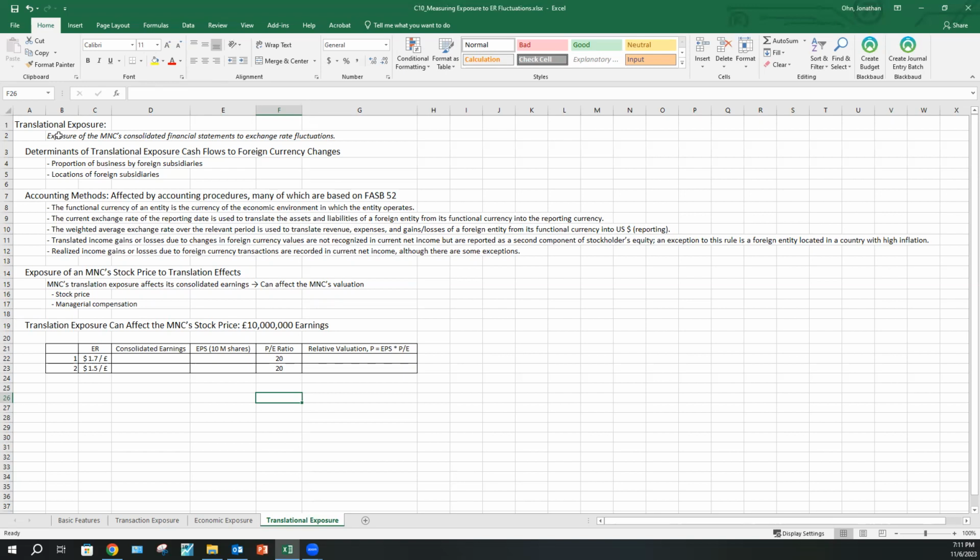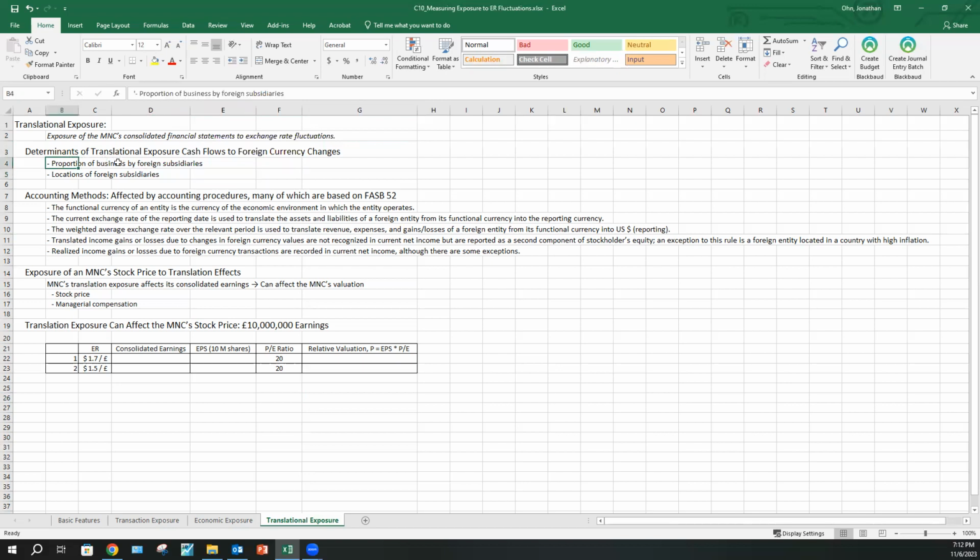Multinational corporations have to calculate consolidated financial statements and report them to the SEC and the shareholders. Because of exchange rate fluctuation and volatility, that sometimes has a significant impact on financial statements, right? So two important determinants of this translation exposure are